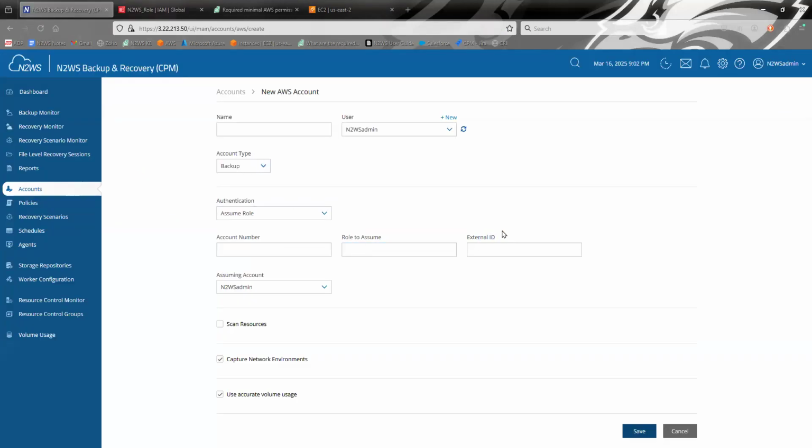This external ID, that's only if you created a specific type of role that uses an external ID. If not, if we did it the way we just did it, you're not going to even use this. So you can just leave it blank. And then the assuming account, it's usually going to be the root account, right? The primary account. So we're going to do that here. And we always want to make sure capture network environments is here. And then scan resources. So if we leave this blank, it's going to automatically reach out and you're going to be able to access any of the resources on that target account in order to back up